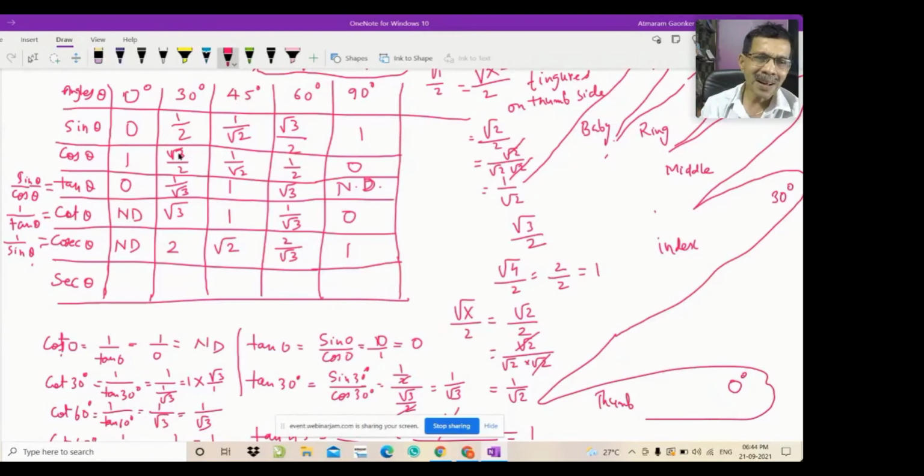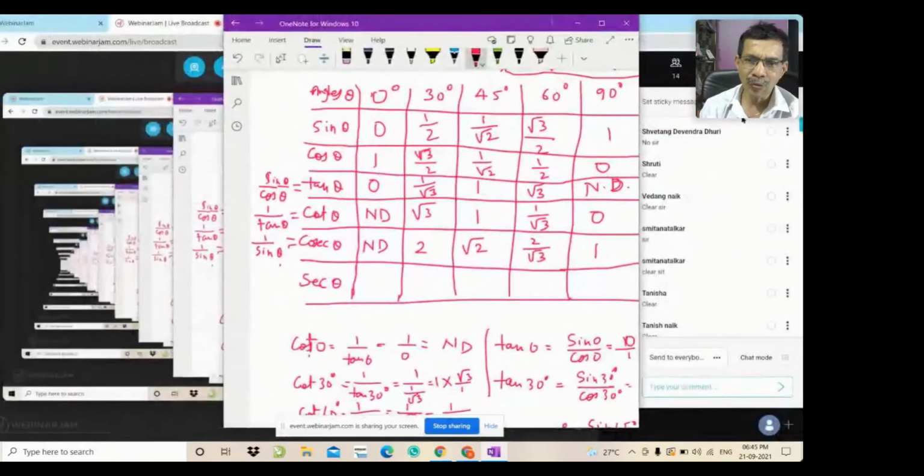I have directly written by verbal calculations. Do you want me to show the detailed calculations, or have you understood this verbally? If you have understood it, that's fine. If you have not understood, I will explain this again thoroughly as I have explained over here. So please type it in the comment box whether things are clear or not. If you have understood, please write yes, and if you have not, please type your questions. Okay, Svetang is saying no. Some are saying clearly understood.